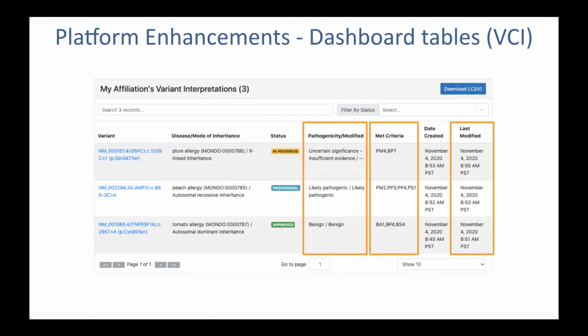Another significant update in the release 2.0 is updates to the dashboard tables on the landing pages. This is where an affiliation views all the VCI and GCI records that they're working on. Based on feedback from the GCI VCI proxies, we've added extra columns to these tables. Here you can see, as an example, a VCI records table containing mock data, and highlighted in orange are